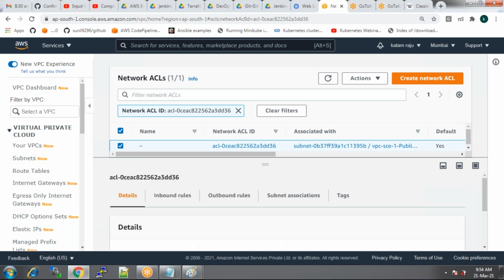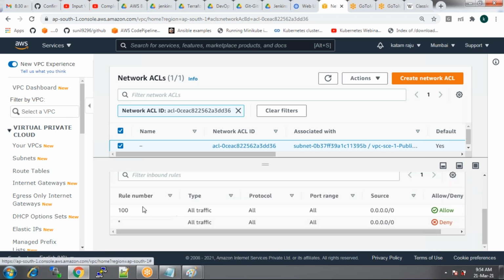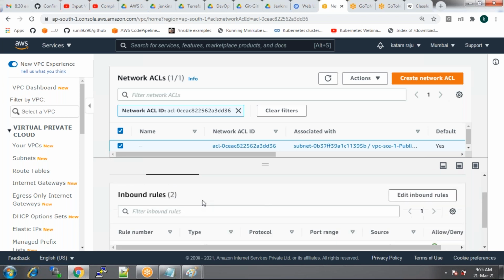Now you can see the inbound rules. These are the inbound rules, all traffic. Now this is another difference. We have seen a few differences between NACL versus security groups, right? NACL is stateless, security groups are stateful. NACL is attached to the subnet and security groups are attached to the instances. Then another important reason, this is also very important. Now you see, when you go to inbound rules, you edit the inbound rules of NACL.